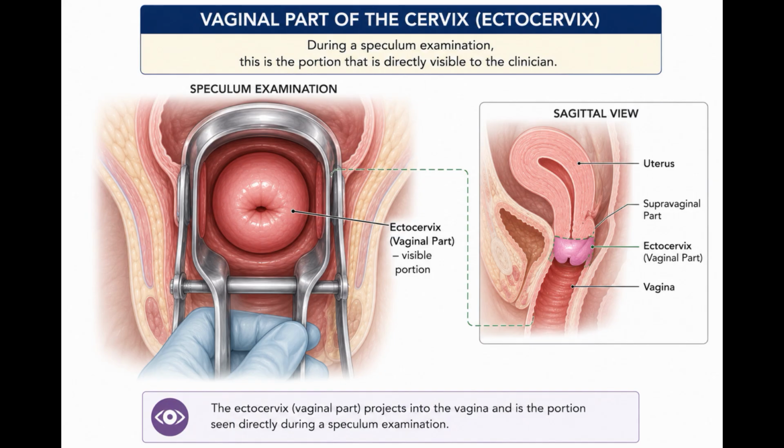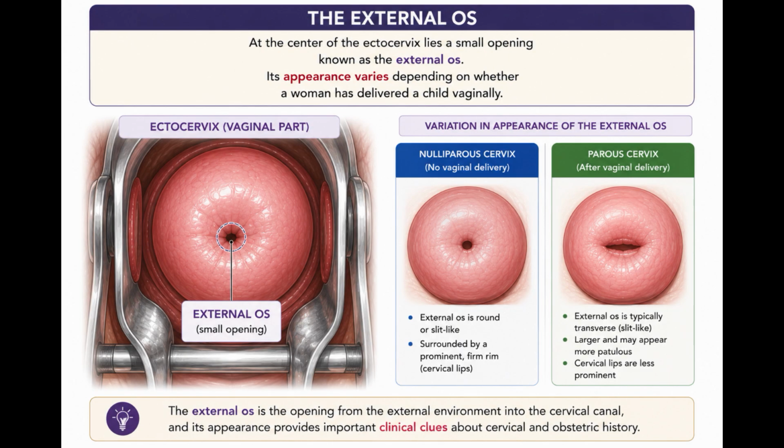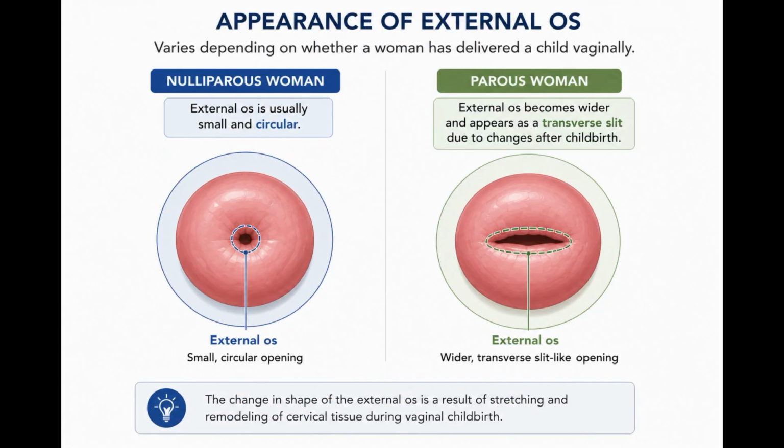Now let's look at the vaginal part of the cervix. During a speculum examination, this is the portion that is directly visible to the clinician. At its center lies a small opening, known as the external os. The appearance of the external os varies depending on whether a woman has delivered a child vaginally. In a nulliparous woman, the external os is usually small and circular. In a parous woman, it typically becomes wider and appears as a transverse slit due to changes